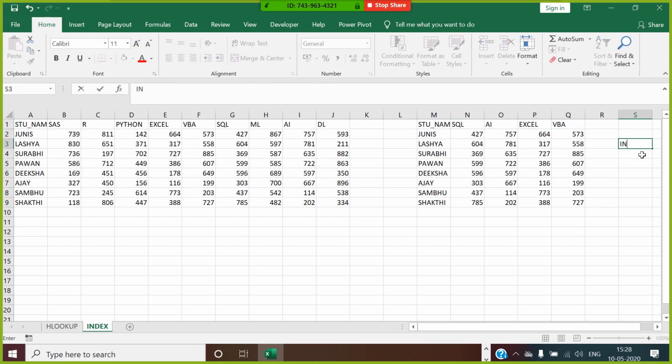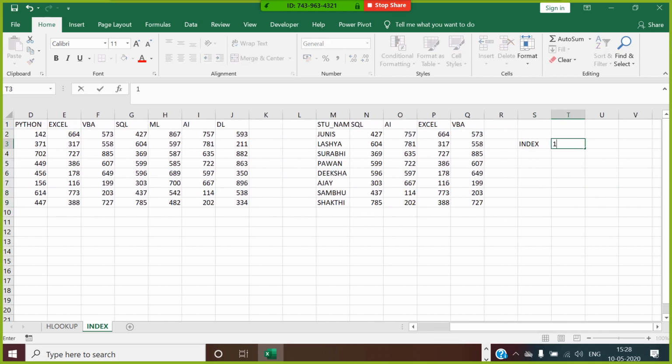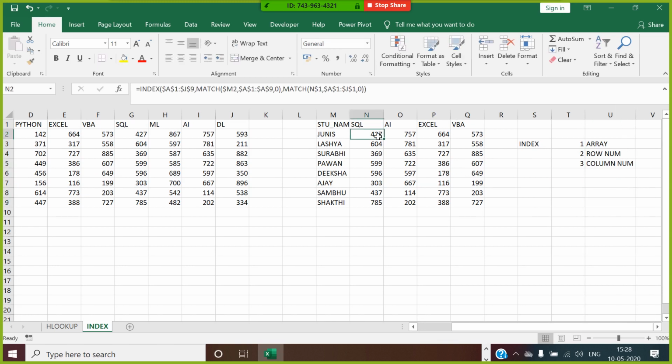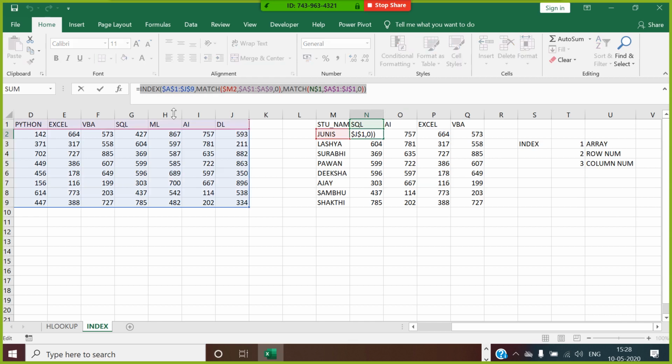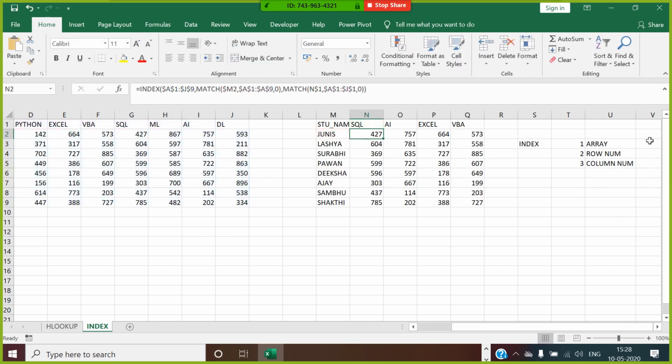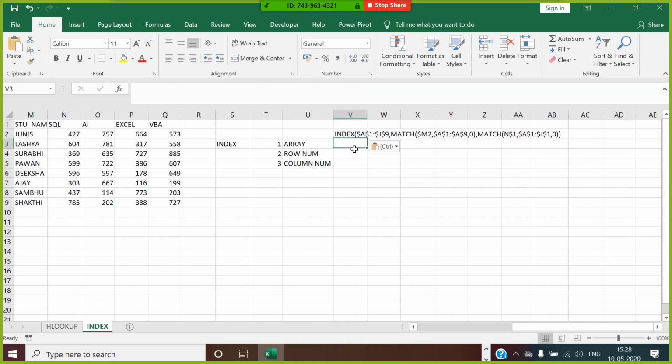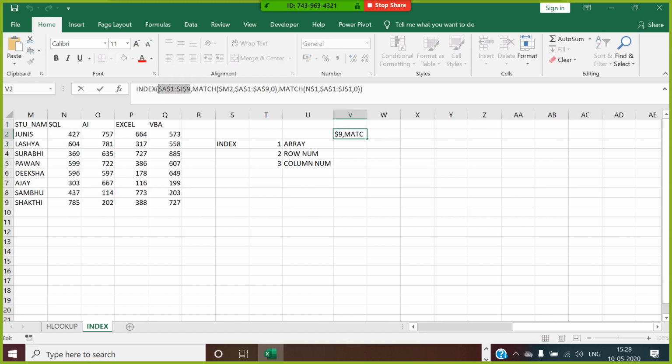Now in index, what is the criteria, guys? In index, you have 3 criteria. One is to define your array. Within that array, define your row number and your column number. So when you write this function here, what does it represent? Your array is this, which is not going to change.